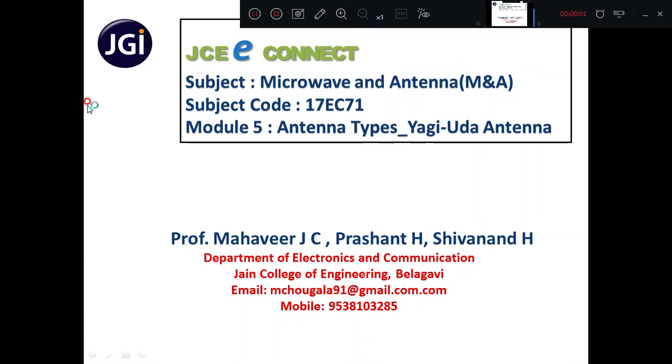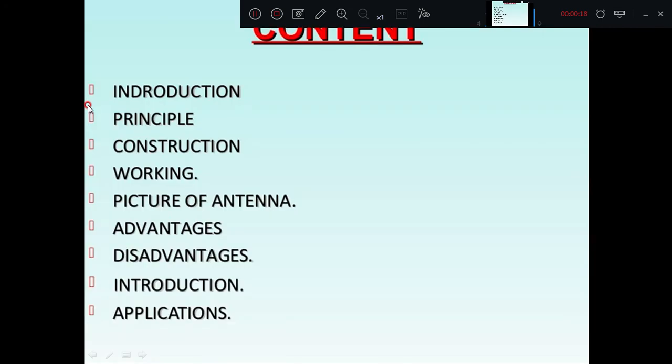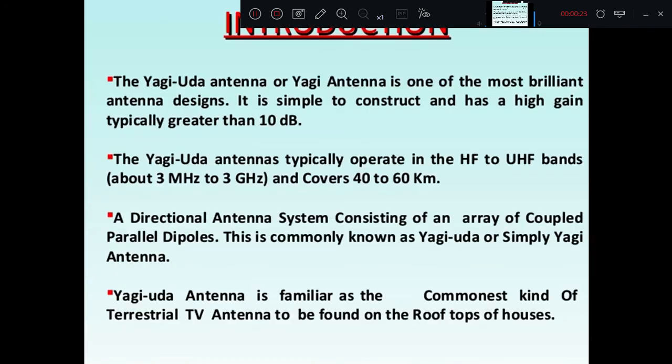Hello students, in the last class we discussed the helical antenna, and in today's class I will discuss one more type of antenna, which is called a Yagi-Uda antenna. So these are the outlines of this topic. Coming to the introduction,